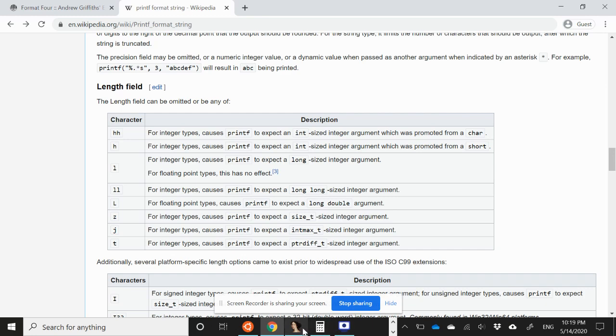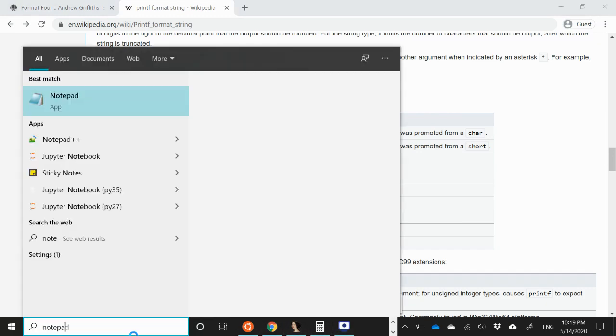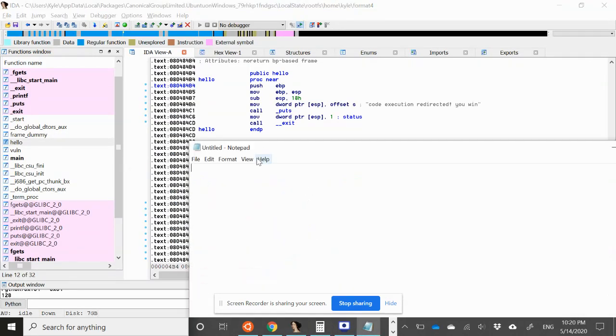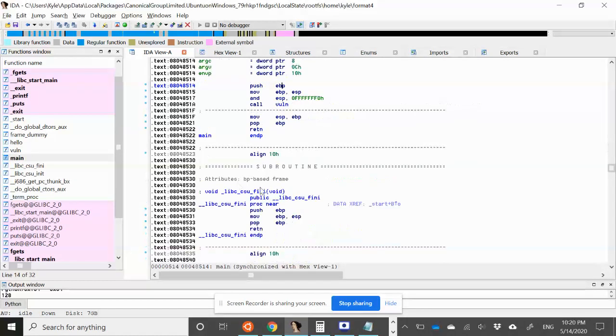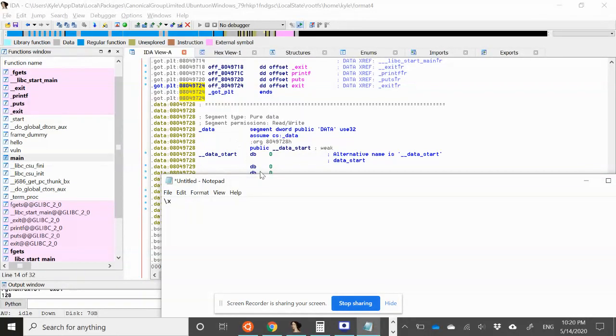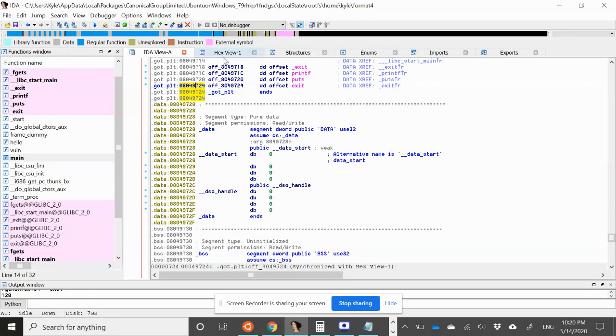To do this, let me go ahead and bring up Notepad. We're going to have, of course, the addresses first. Because this is a double word address, we'll need to do 4 writes. The first address we'll need to write to is going to be just the address here, which is 2497. Notice that this needs to be in little endian, because whenever printf sees this, it will see it as little endian, and this is true for almost everything that you'll see. So this is the address of the lowest one, and we want to write to the byte that's just after this. So actually, if we can go to the hex view,